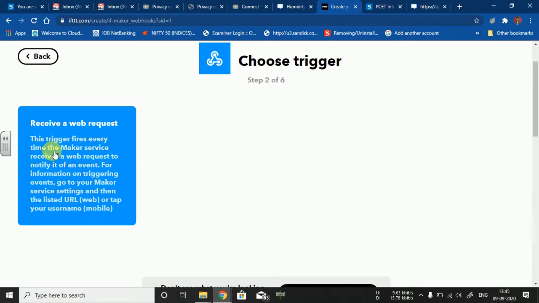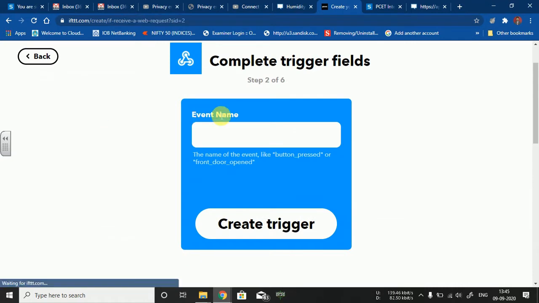This trigger fires every time the Maker service receives a web request to notify it of an event. So after every event it will send a trigger to the respective clouds. Now click on this. Here you need to provide the name of your event. Take an example: I am writing humidity exceeds.